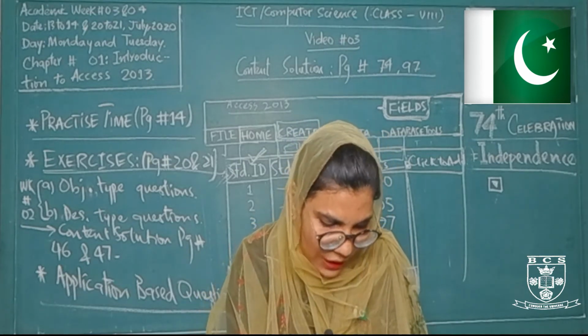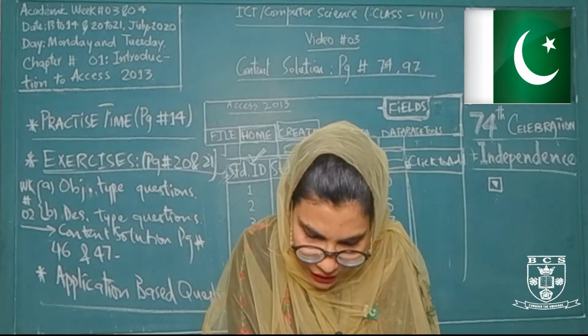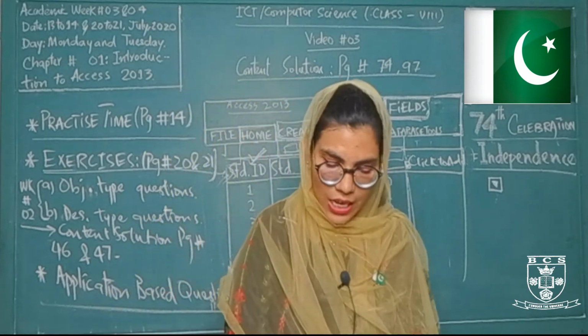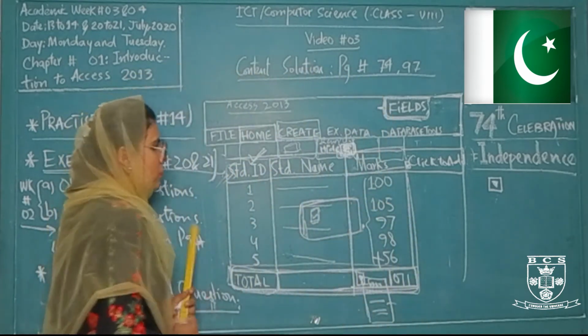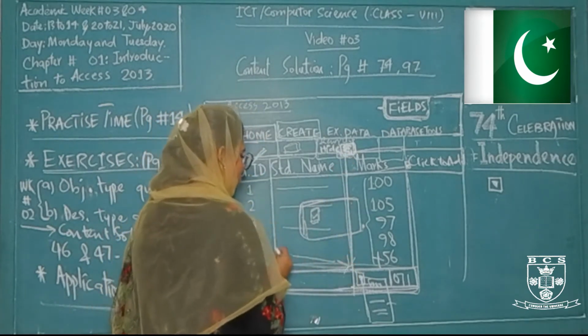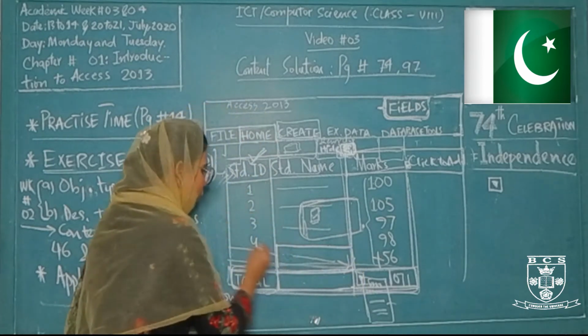Now what about the data records? How will you enter the data for the 10 different students? To enter the records of the 10 different students, click inside each cell. Whenever you have your columns and your rows, the intersection of a row and a column is known as a cell. 5 different categories हैं यहाँ पर.